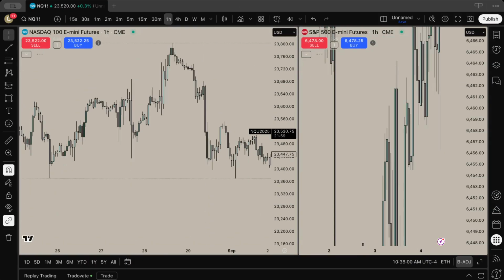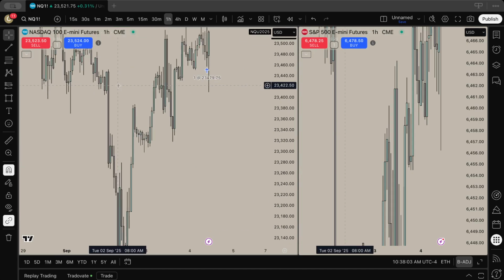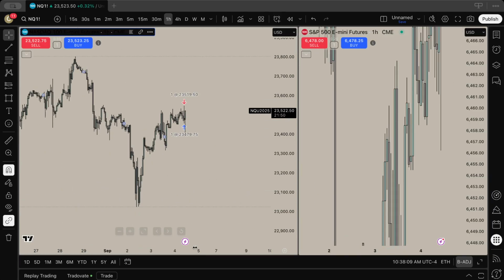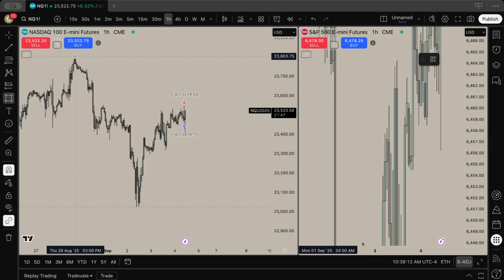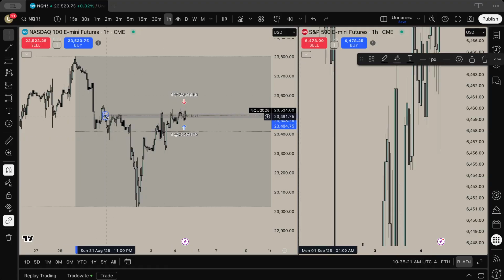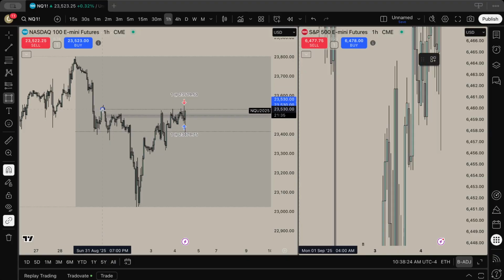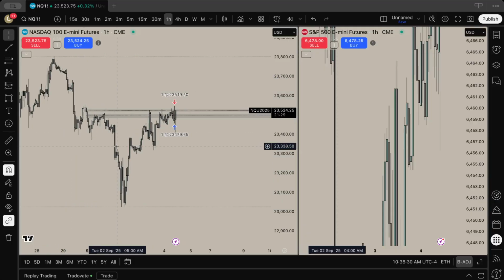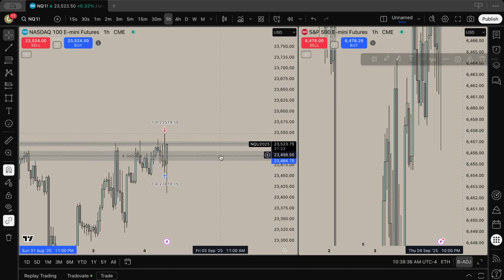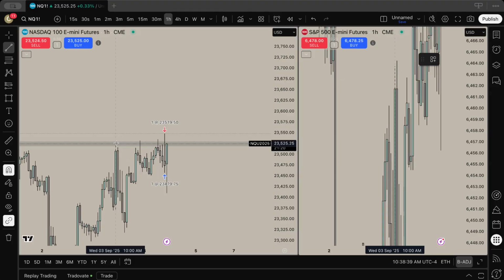So if we go on the hourly time frame, we can see that the NASDAQ is currently inside of this range, right? And if we take a look at this range, we can see that equilibrium is around this area, right? And what do we see in this area? Well, we see this fair value gap, and we see this fair value gap, right? So when I see those fair value gaps, I'm like, okay, let's see if price is respecting those levels. Well, we can see at this top fair value gap, what happens? Every single time price sweeps the high, it goes lower, right?